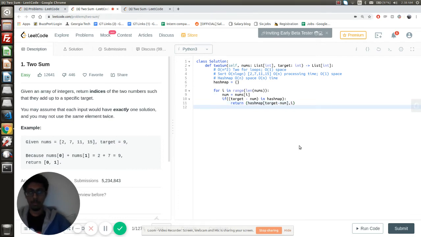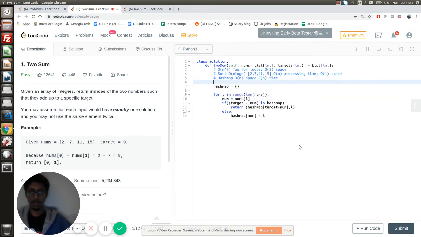Now, what if that is not the case? Then just quietly insert your num in the hash map with its index. Okay, so let's see how this is gonna proceed. Initially your hash map will be empty. Then you get 2.